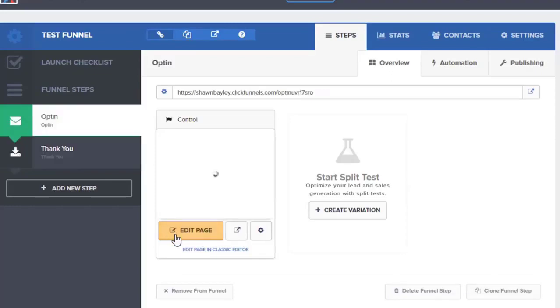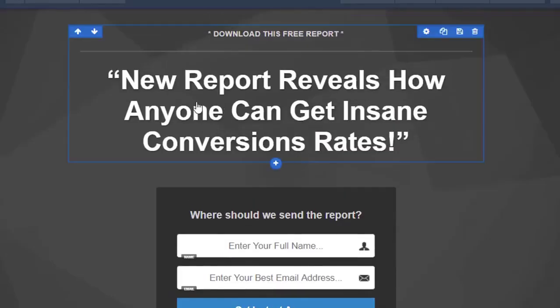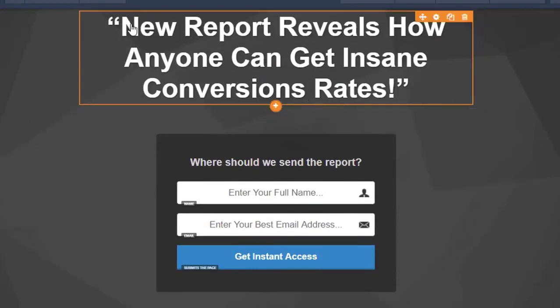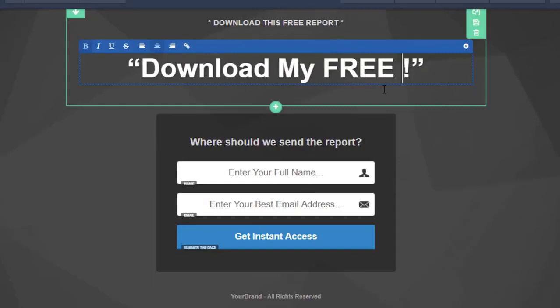What I have to do is click the Edit Page button and open that up in a new tab and go into it. It loads up my editor, and there we go. I'm in, and all I have to do is just change this. My free